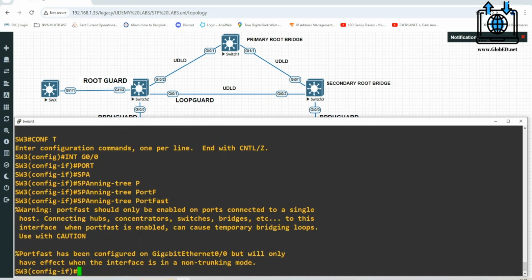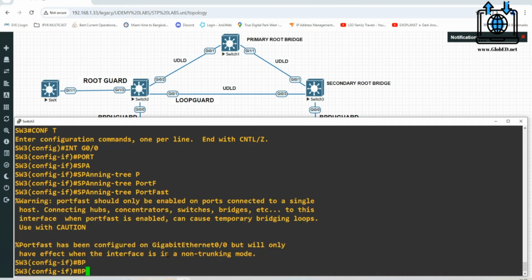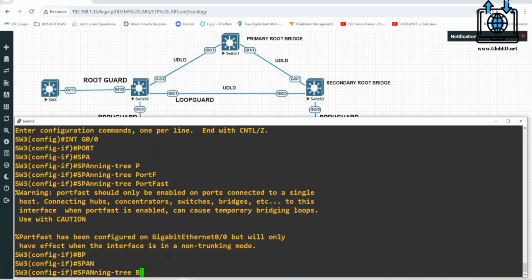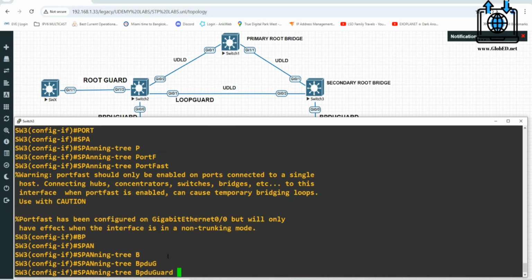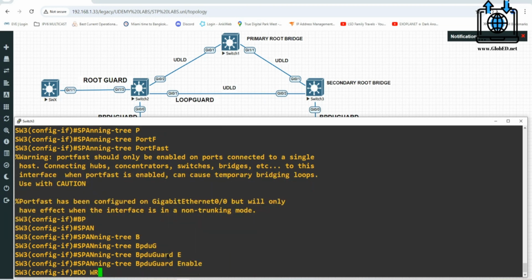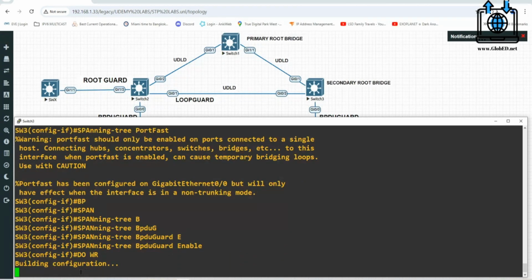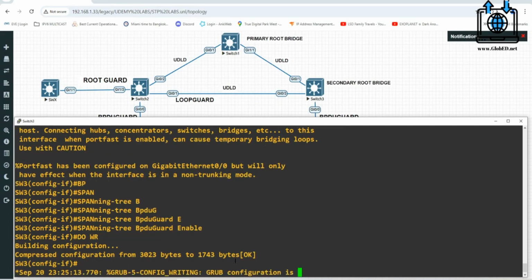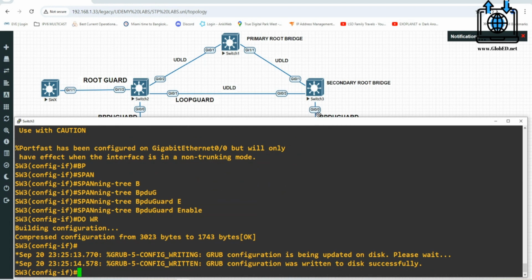All right, so that gives you a warning, and that's where you do the BPDU guard, because you don't want anybody plugging in a switch there and all of a sudden you start getting BPDUs, and it creates a loop. So you do spanning tree BPDU guard enable. That is definitely something you want to do. So when you plug in any PC, and Packet Tracer is pretty cool because you see the little light, it goes into designated forwarding. But spanning tree now is not looking at this port.